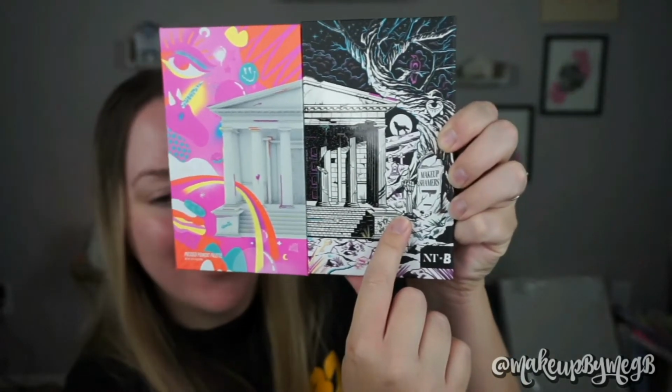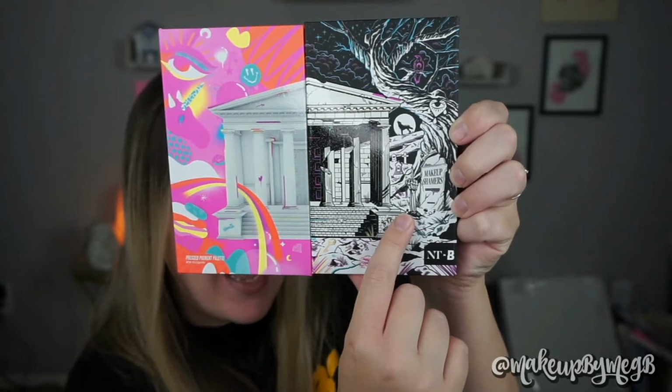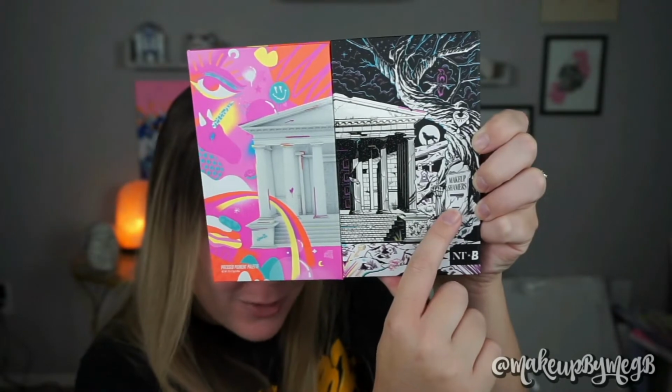I absolutely love it. Of course, this side is fun, but I'm more interested in this side, okay? I like the more dark and twisted side. I feel like that's more my vibe. As much as I love a good hot pink and purple eyeshadow, this is definitely more my vibe. So over here, what I really love, and it's the same thing that's on the pop socket, is this middle finger skeleton. I die for that, and it just says RIP to my makeup shamers. I think it's so cool. There's so many fun details in here, and in case you can't tell,